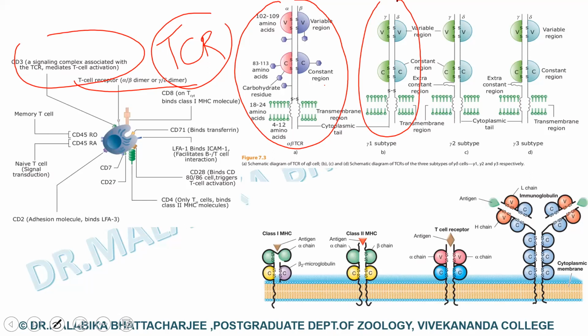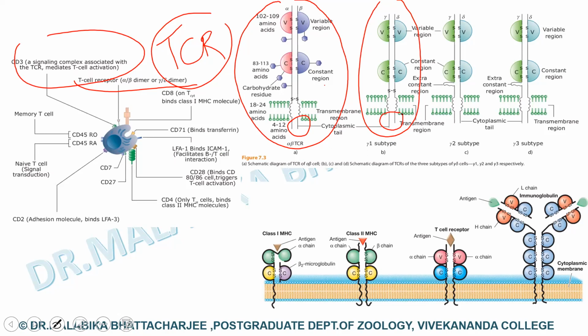If you look at the picture of these two circles which I've drawn on the screen, you can see that each receptor has an extracellular part. Apart from that, there is a transmembrane domain. And again, as you can see, there is a cytoplasmic domain. So each receptor has three basic parts: an extracellular part, a transmembrane domain, and a cytoplasmic tail. But the cytoplasmic tail, in case of the T cell receptor, is very small.